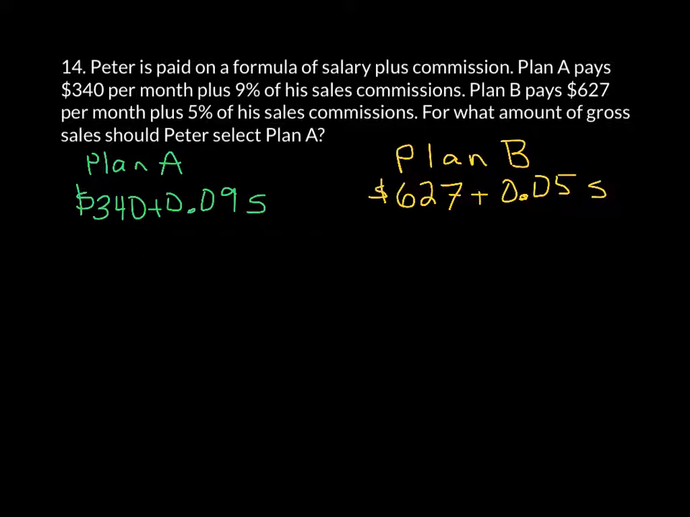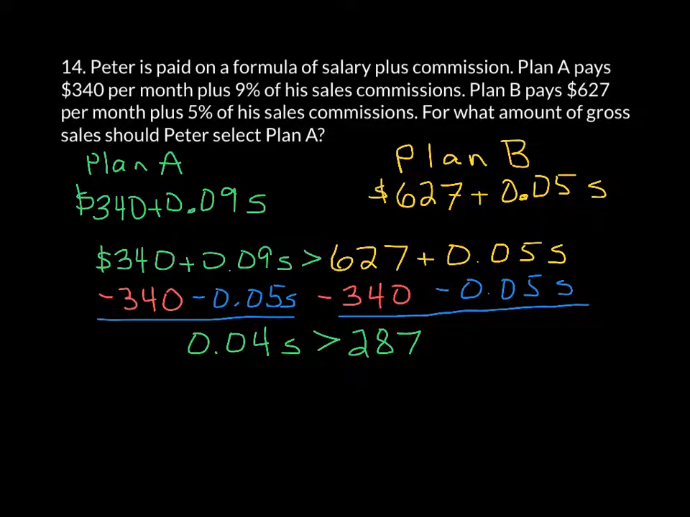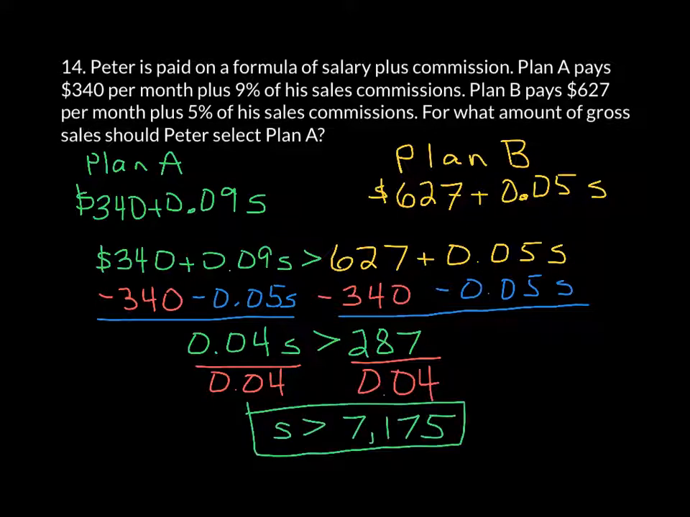0.05s to both sides. So if we do that, and I did two steps at once, we will get 0.04s is greater than 287. By the way, I think I said we add 0.05s to both sides, but I meant we subtract it. So now we have 0.04s, and we want s by itself, so we need to divide out that 0.04 on both sides. And what we find is that when our sales commissions are greater than